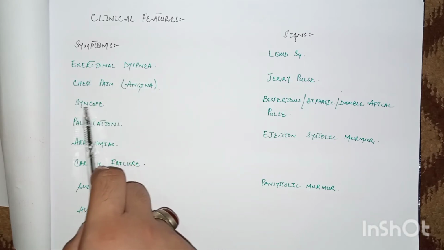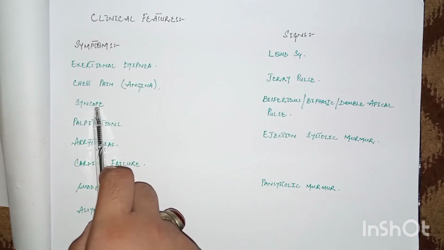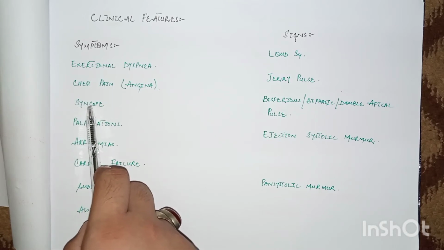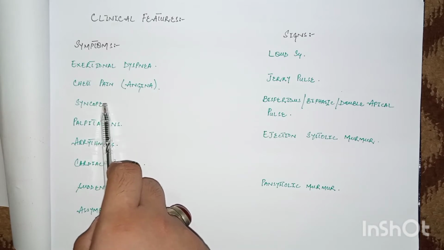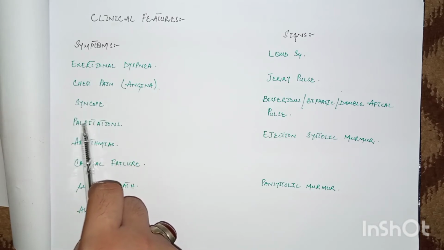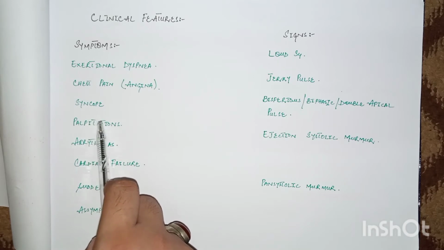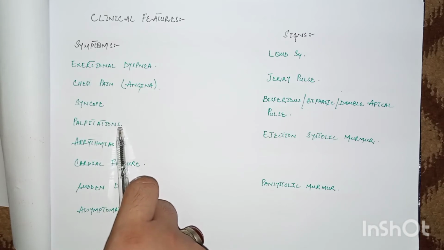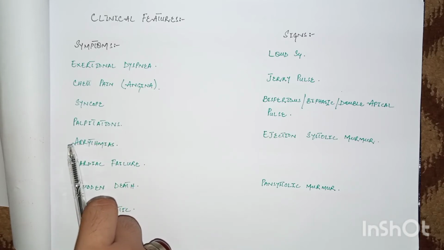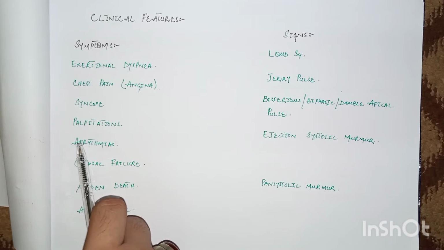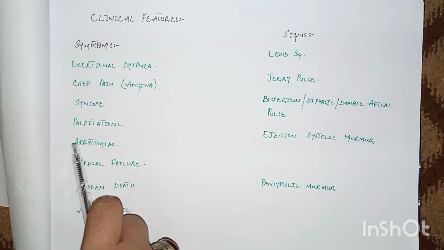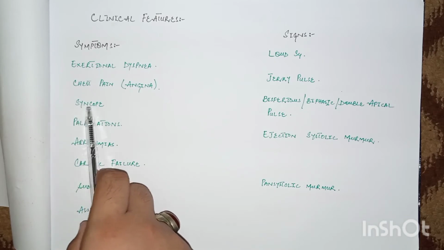The other feature is syncope. This syncope is because of decreased blood supply to the brain, because arrhythmias occur in these patients as well. The other feature is palpitations, that is an unpleasant sensation of the heartbeat, as we have discussed previously that the heart is hypercontractile in these patients. Arrhythmias occur because the atrium is contracting against the stiffened ventricle, so atrial fibrillation or ventricular arrhythmias are common in these patients. Due to these arrhythmias, syncope or decreased perfusion to the brain occurs.